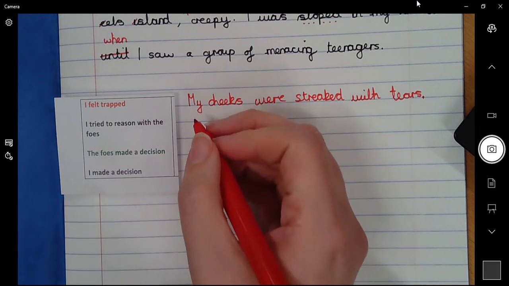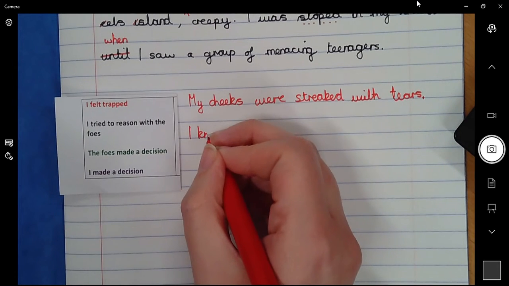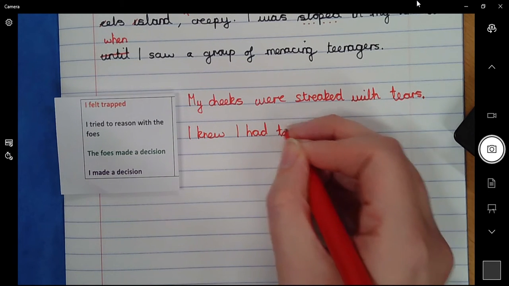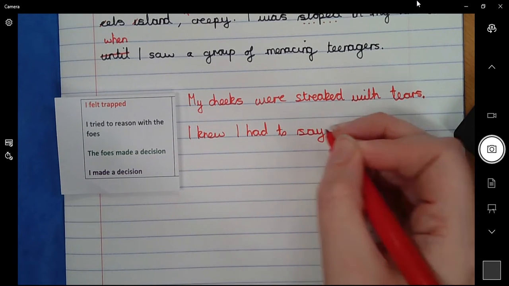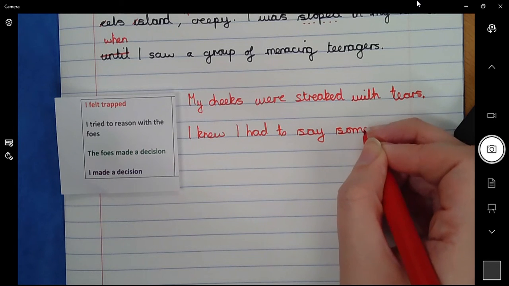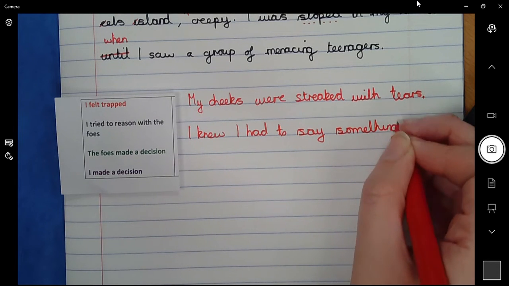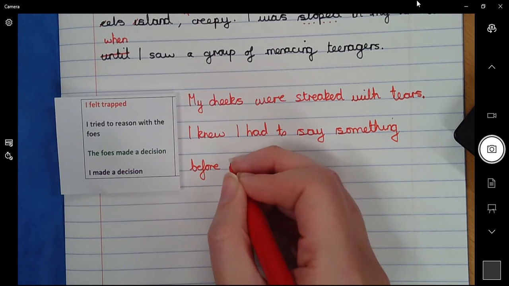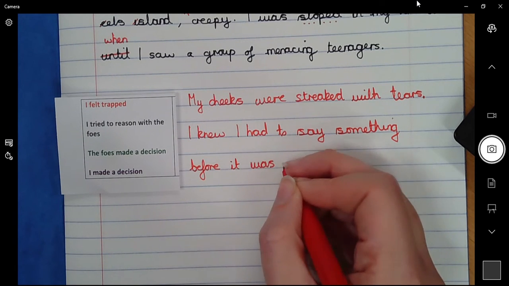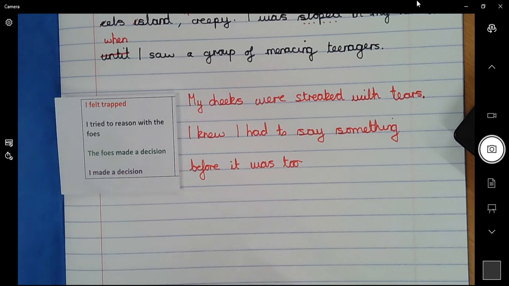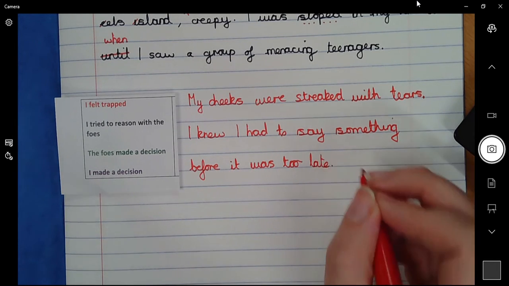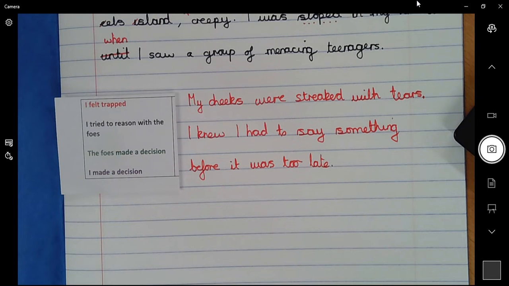So I knew I had to say something before it was too late. So again, hinting that something dangerous may happen unless she speaks. Now, I've actually forgotten to mention again, we've got another vocabulary sheet today to support you with